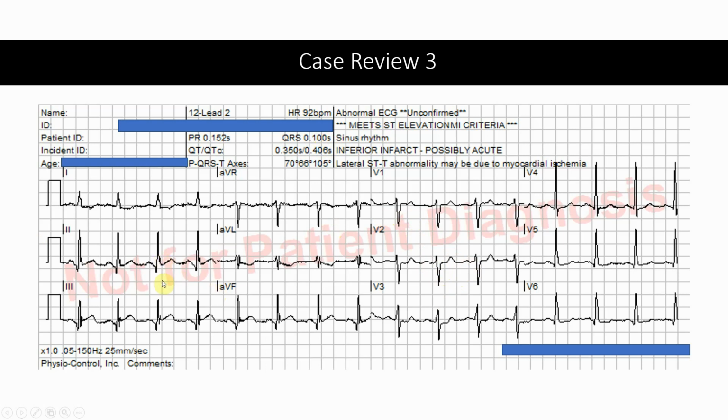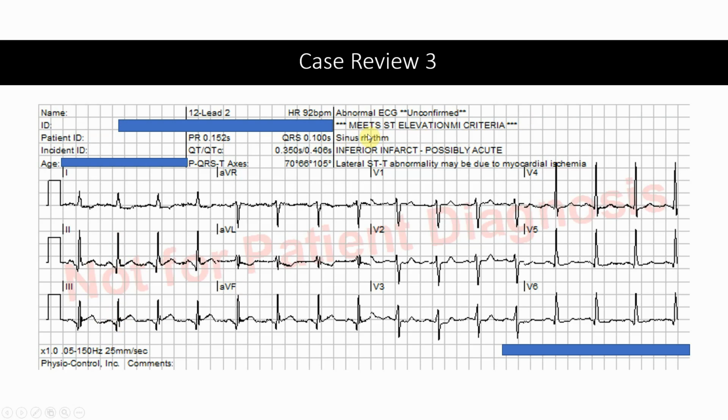We see some elevation in the inferior leads. Now remember, the J point is about right here, okay? And that's the junction between where the QRS ends and the ST segment begins. This is the J point. If we draw a straight line down, we'll see that the J point is about right here. So it's clear that there's about 1 millimeter of elevation, and that's probably what has triggered the computer